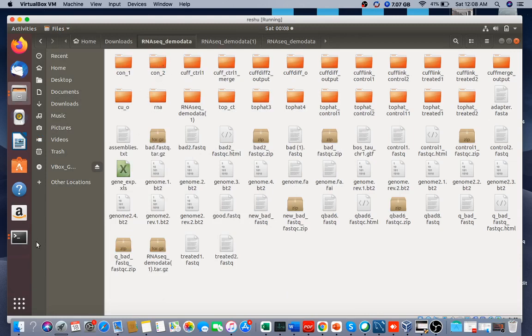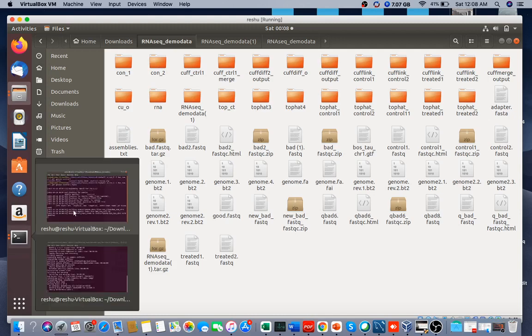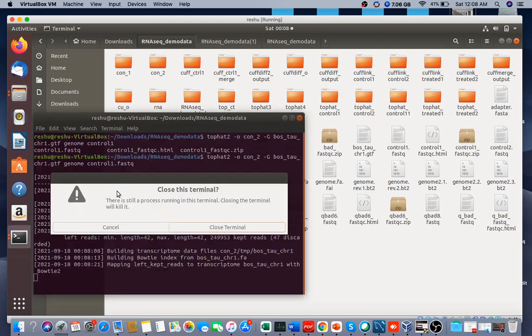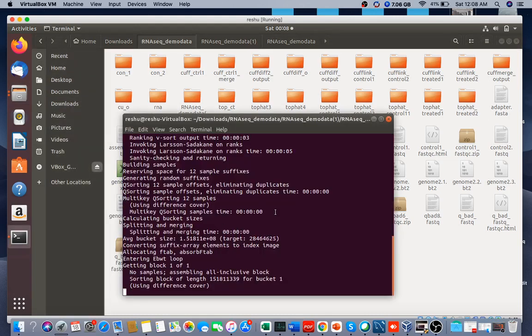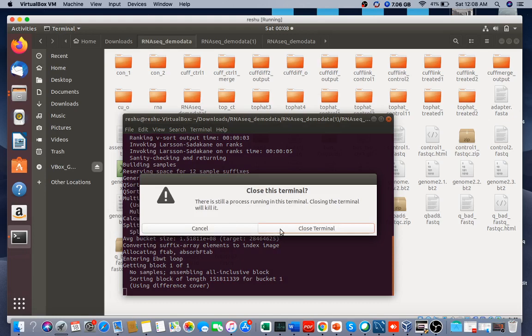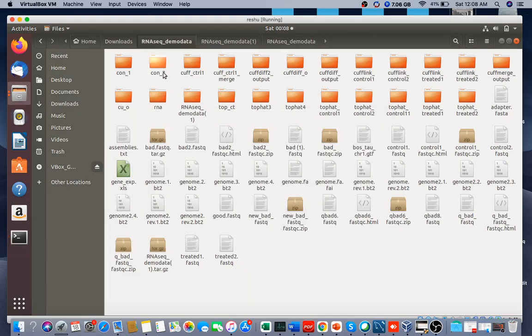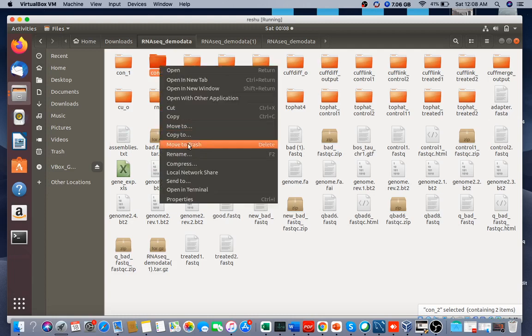Since we have not run the file right now, and similarly here also I'm going to kill it because it's taking lots of time. This is of no use because we have not even run the command, so I'm going to delete it.